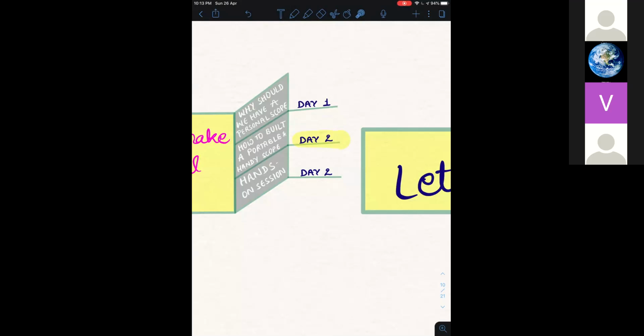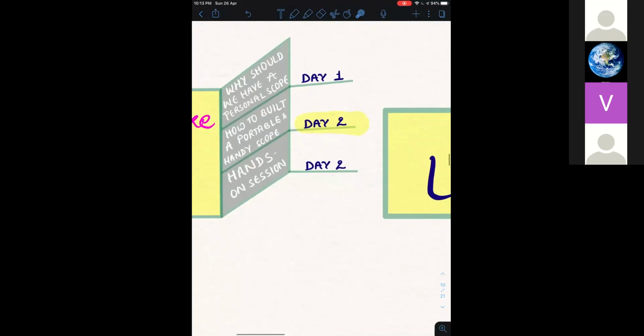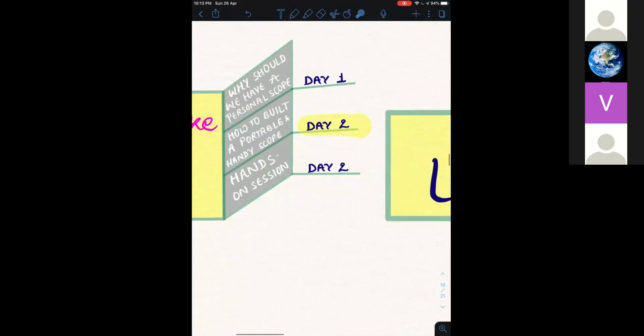You all have access to that software, and in the hands-on session I will be doing things on my laptop, and I expect all of you to follow the same, so that there is synchronism between these two ends.